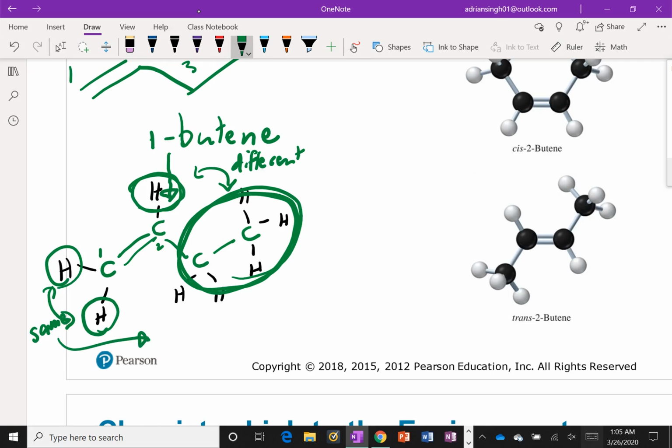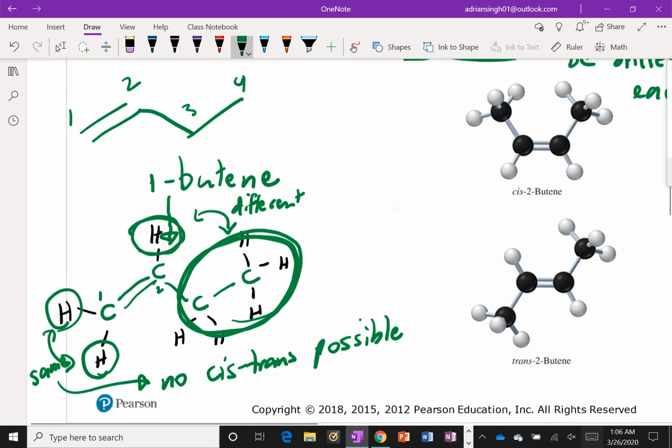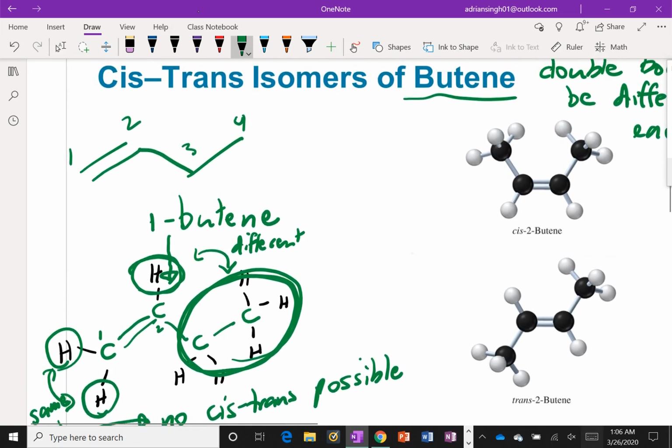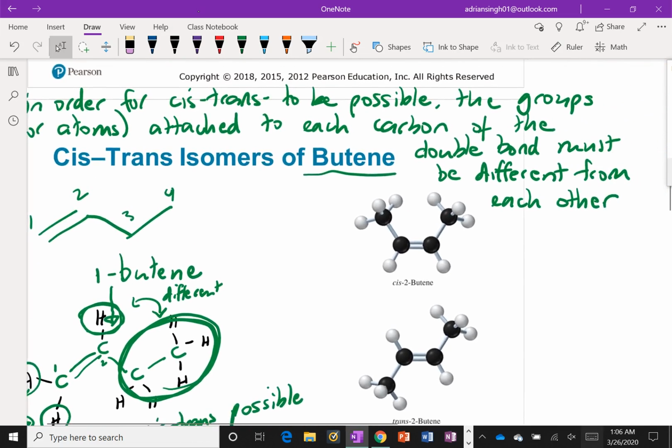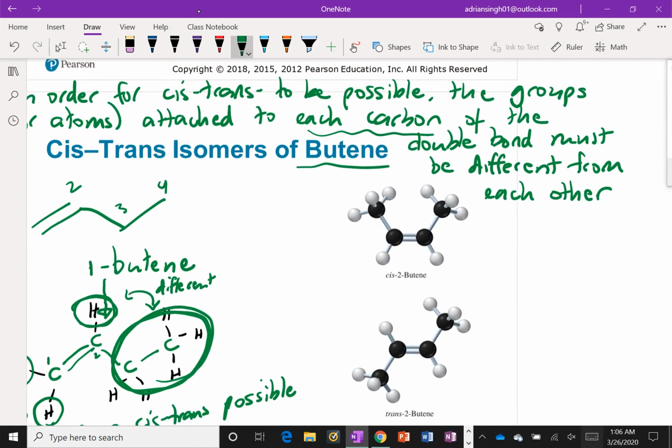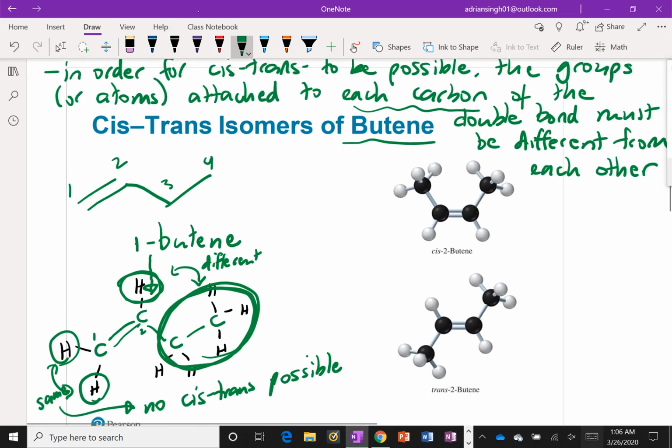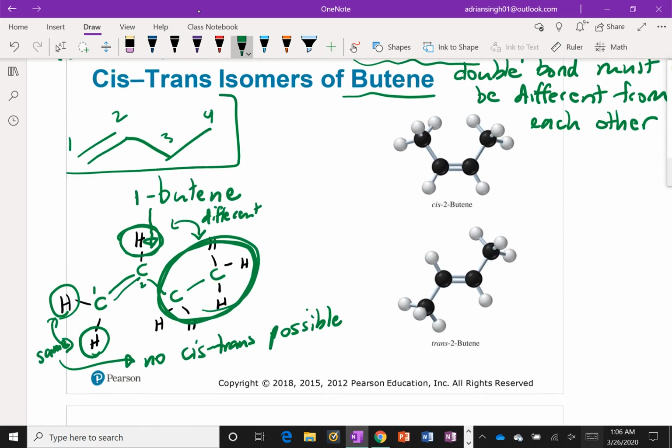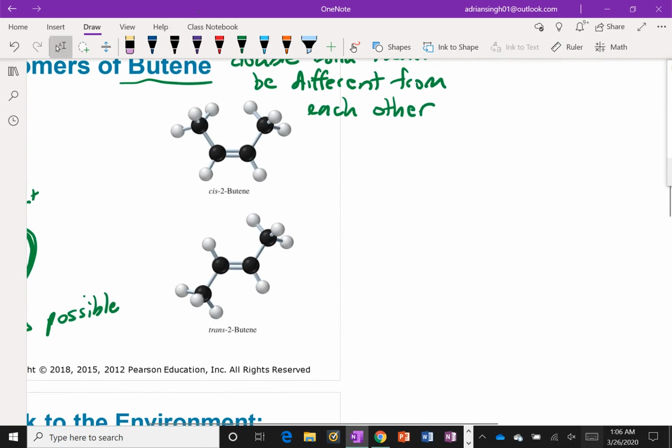So if they're the same, that means no cis-trans is possible, right? Because both groups, or both atoms attached to each of the carbons in the double bond have to be different. So when you name this particular structure, it's just 1-butene, it's not cis or trans, because there's nothing to be cis or trans to in that structure. That's different, though, than if you had something like